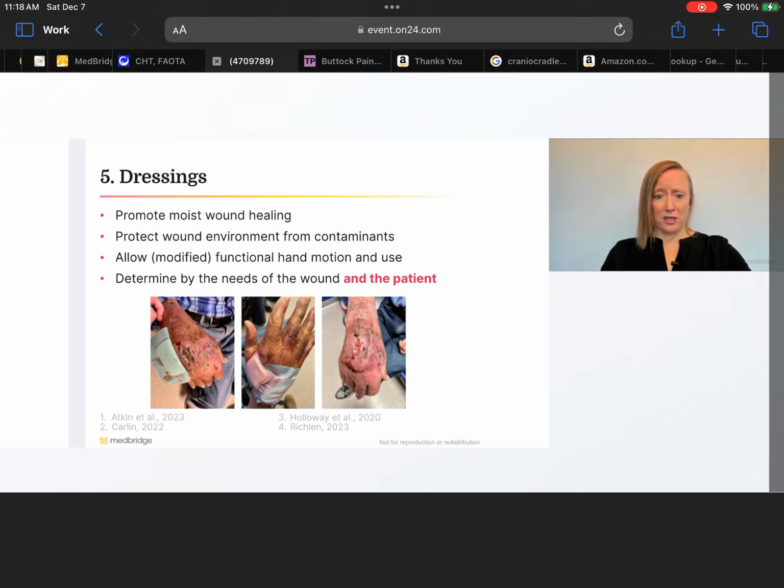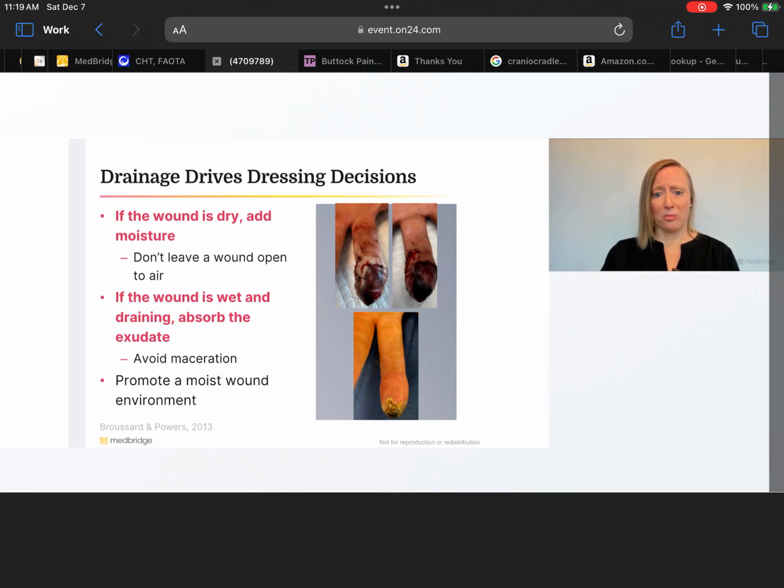So the green one you see is the antimicrobial foam that's absorbent because he was producing some exudate. The pink one that you see is also a foam but not antimicrobial because that side actually looked okay. And then we actually put him into a cast. The cast tech came in, we put him into a cast in a functional position. He came back in a week, and a week later that wound already looked that much better and he healed that well. And so those are scenarios where you're really taking the patient into account